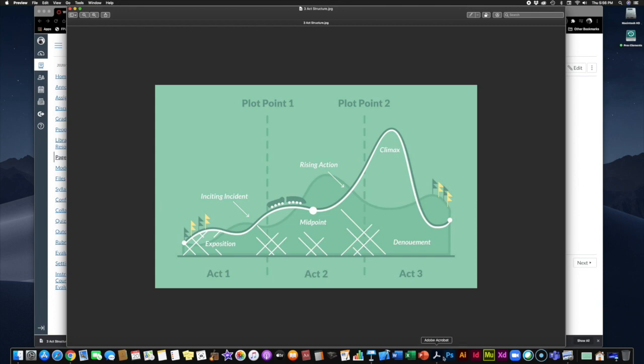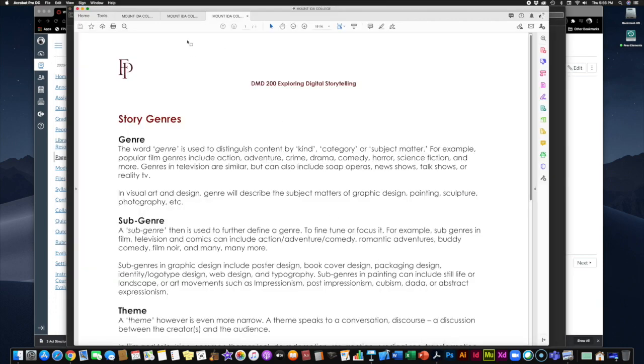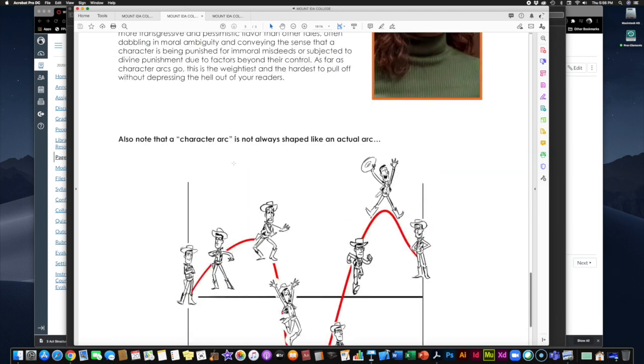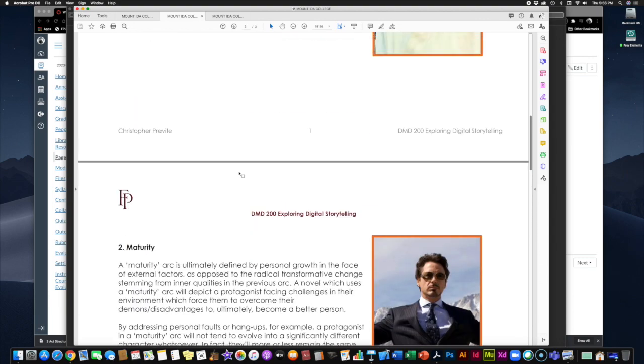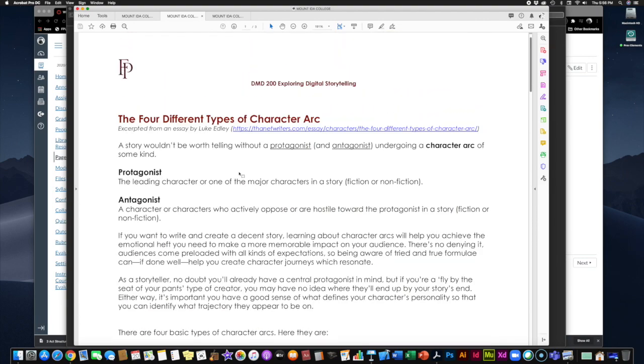So between the 3-act structure and the genres, subgenres, and themes, and of course the character arc, if you read through these documents and try to wrap your head around these basic concepts, you pretty much have the 3 major building blocks to creating any kind of story. Now, again, as I said, we are going to revisit all of these for all of our projects. So try to digest these as much as you can and just sort of have them floating around in your head, because we're going to keep referring back to them, okay? This is going to be our vocabulary for making stories now.